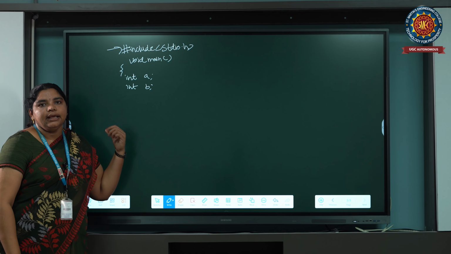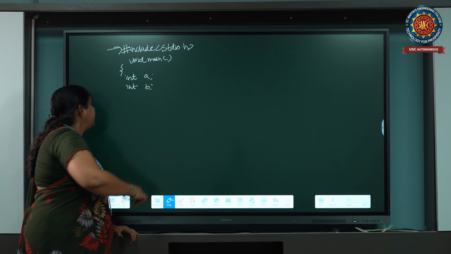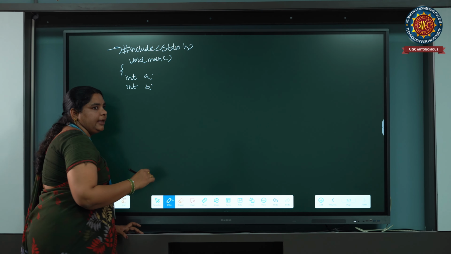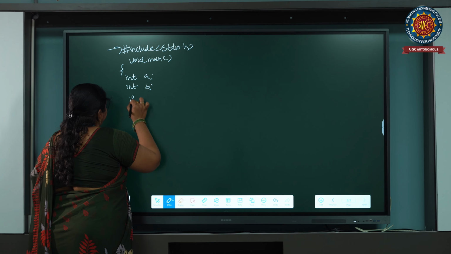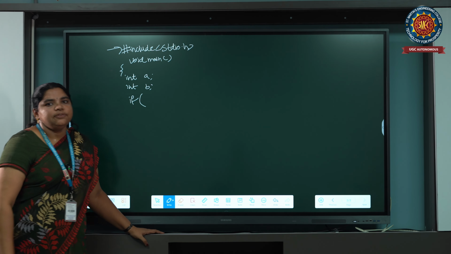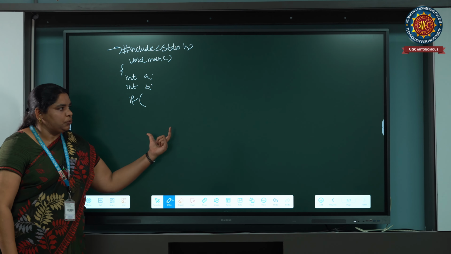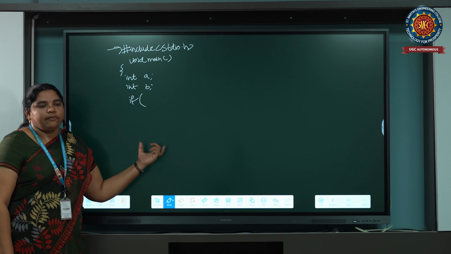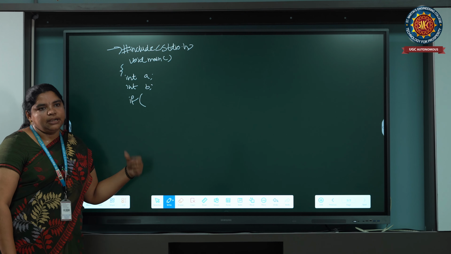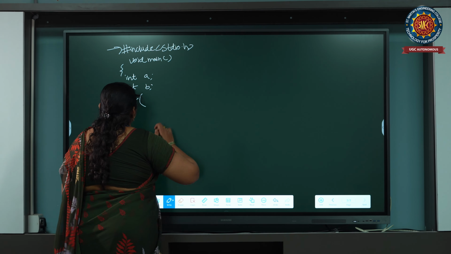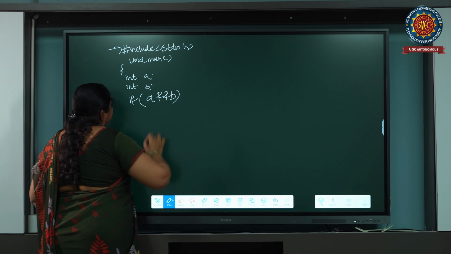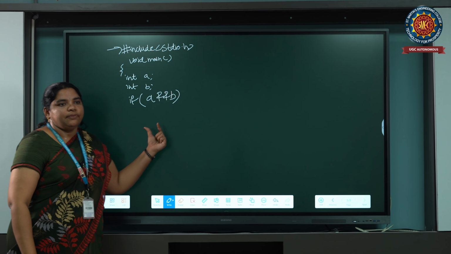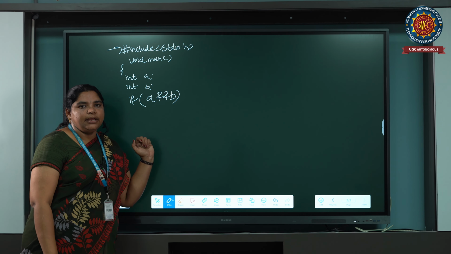So here, what is the condition? Here AND. I want to take an if statement. What is the if statement? If the statement is true, then print that statement, otherwise go to the else statement and print that statement. For example, if a and b. What does it indicate? A is one condition and B is one condition.